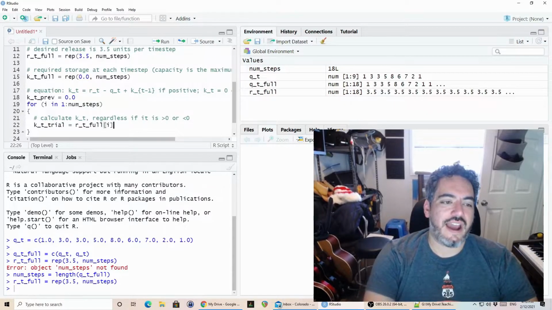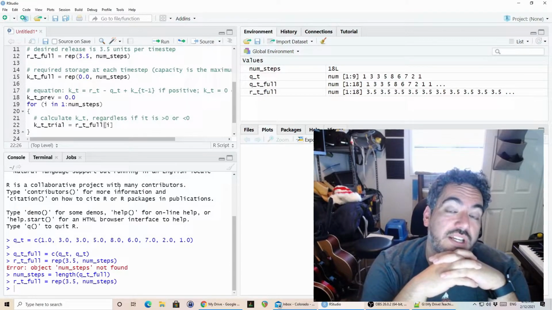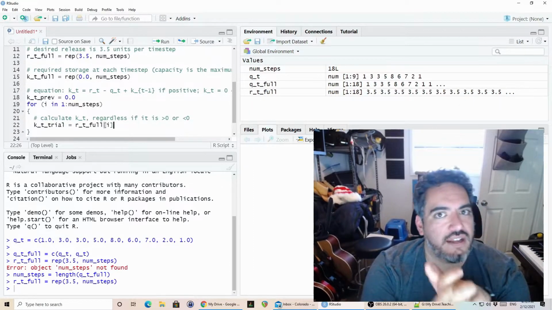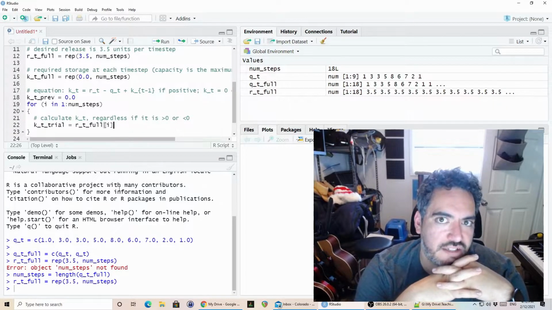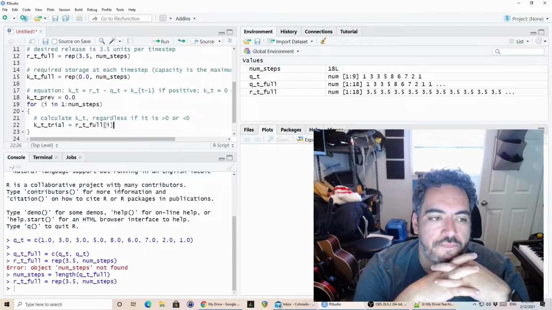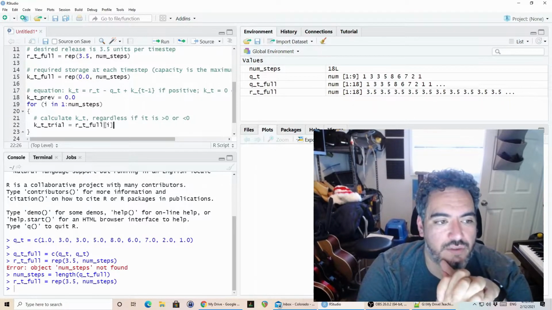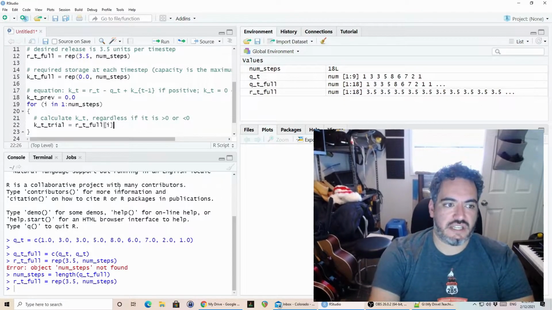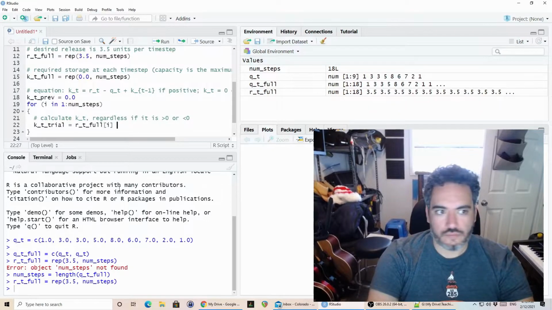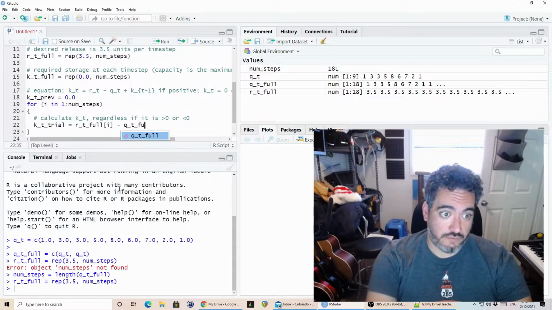Is going to be the ith member of r sub t sub full. So in session 1, we talked about how to index data frames and how to index arrays. Here we're all working with arrays, and so we use the brackets with the index that we desire. And so i here is created in this for loop, and it's how we're going to index these arrays. So I want the ith value of r sub t sub full minus the ith value of q sub t sub full